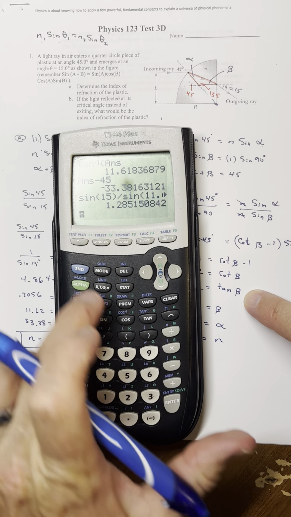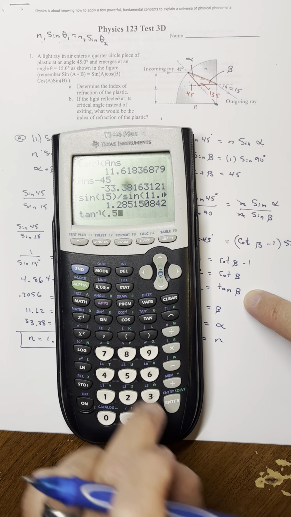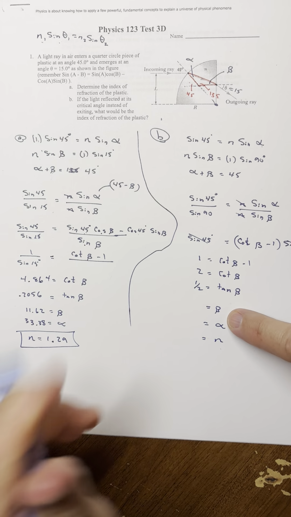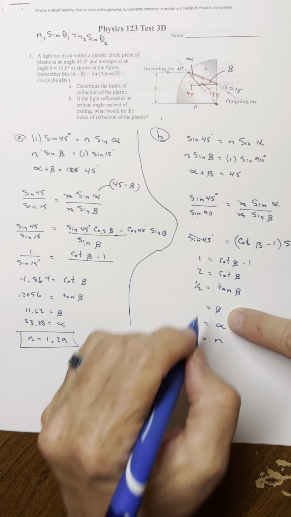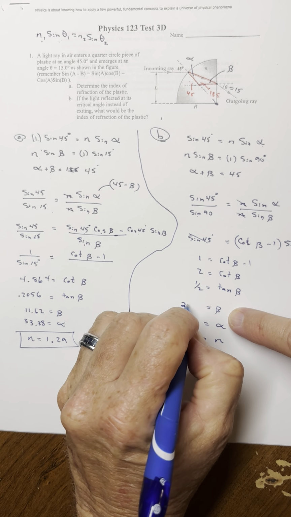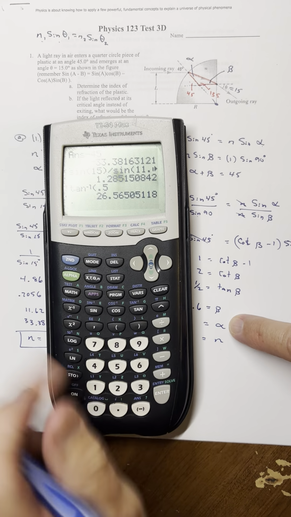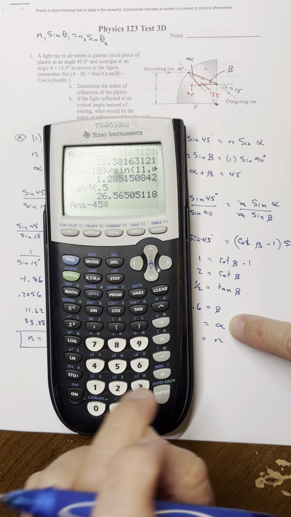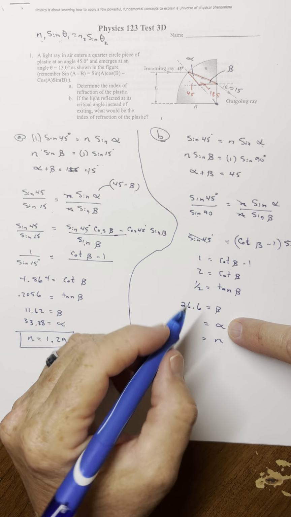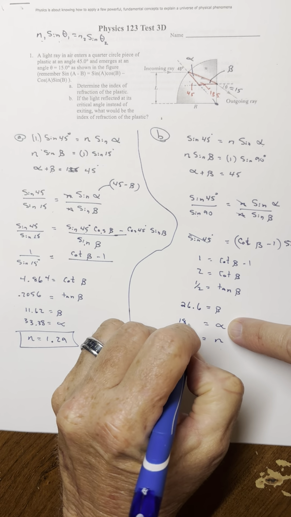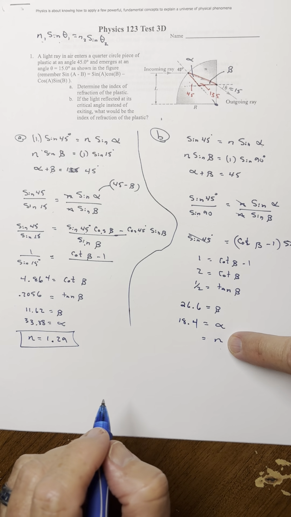And so if I go inverse tangent of 1/2 would make beta 26 point, I'll just call it 6 degrees, which would make alpha 18.4 degrees,